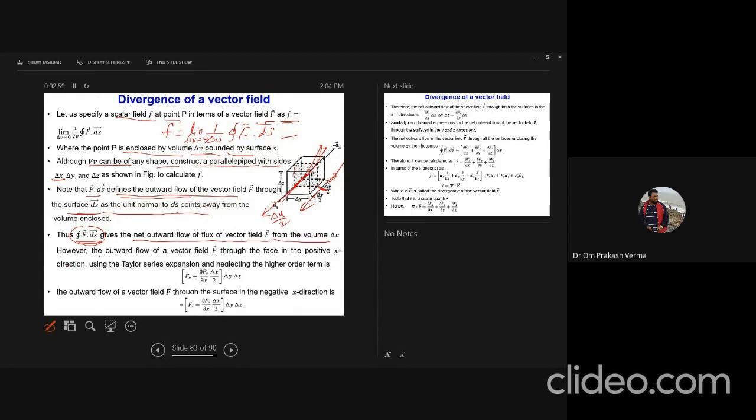Also we know how we are going to calculate this. We are going to calculate in the x direction, y direction, as well as the z direction. So the outward flow of vector field F through the face in the positive x direction, first we have taken the x direction, using the Taylor series expansion. हमने यहाँ पर सबसे पहले x डायरेक्शन में जाके देखा, उसके बाद हायर ऑर्डर टर्म को,